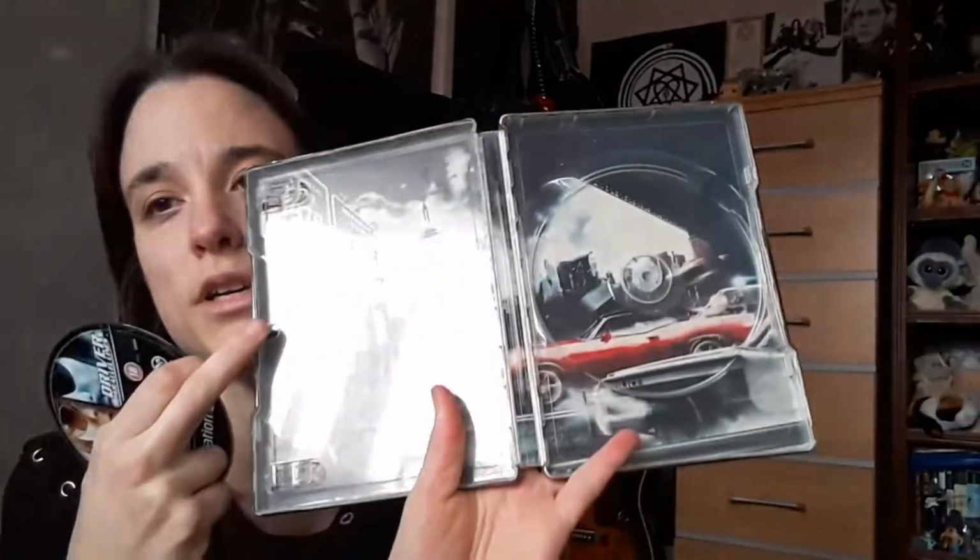so that's a little artwork in there. And the Ni no Kuni steelbook. Actually, no, the Spyro steelbook that I originally wanted, well, it doesn't come with this little strip that says its name. I originally did want it, but not anymore, simply because of that reason. The soundtrack, it has,